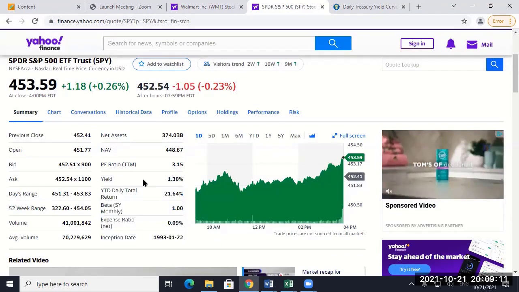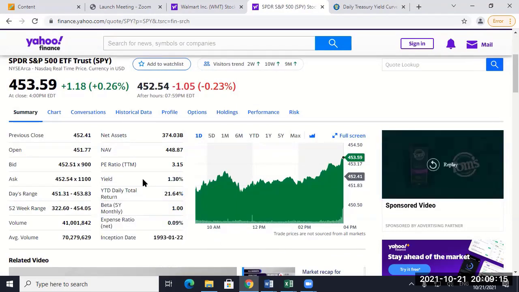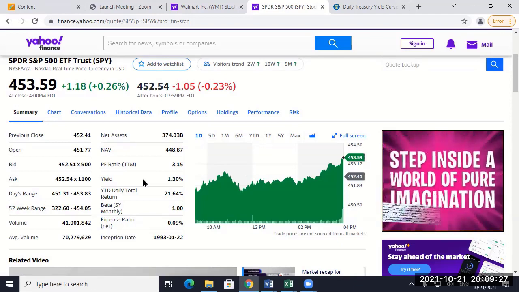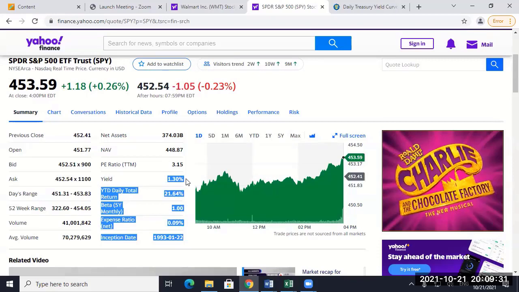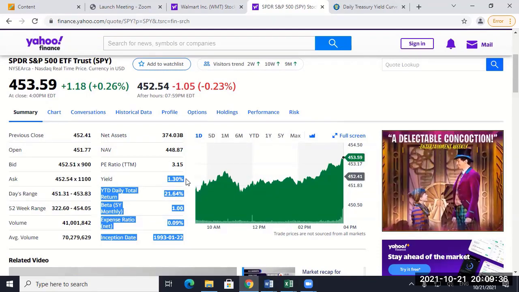And you'll know what the word yield means, right? Anytime you see the word yield, you're dividing by the current market price. So it's like every time you see the word margin, you're dividing by revenue. When you see yield, you're dividing by the current market price. That's true for bonds, for stocks, for real estate, anything. And it's usually an annualized number. So usually they'll take the last 12 months of dividends and divide it by today's price. So it's going to change every single day that the stock price changes. So 1.3%.